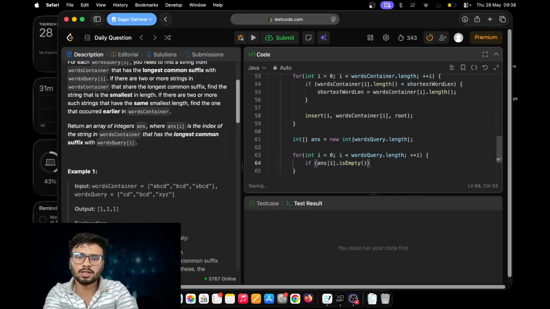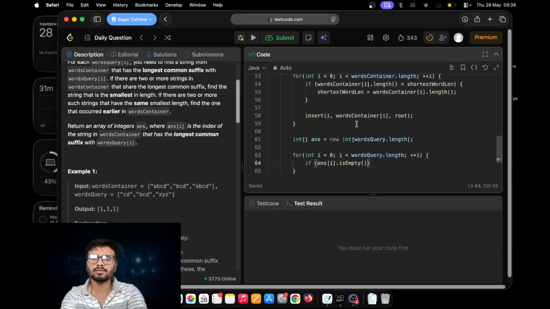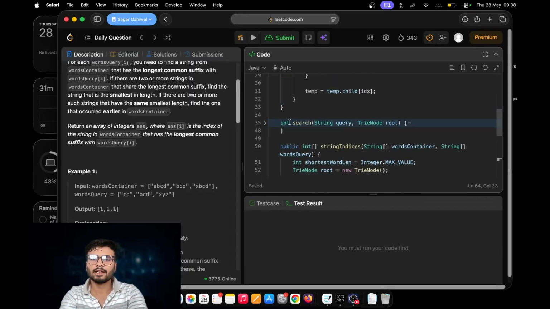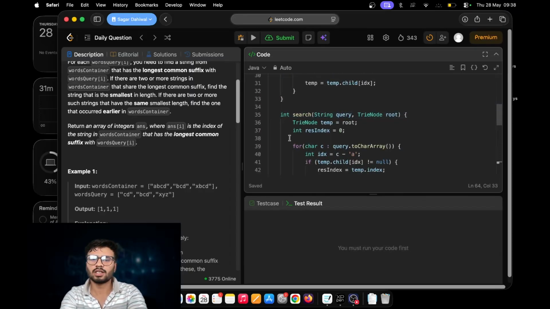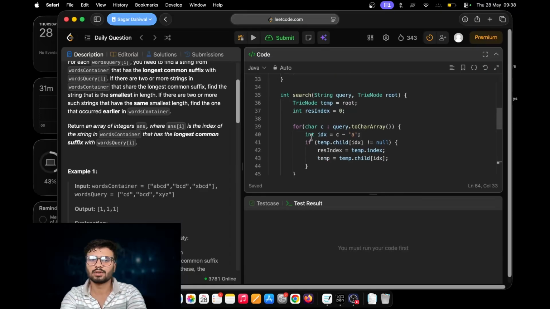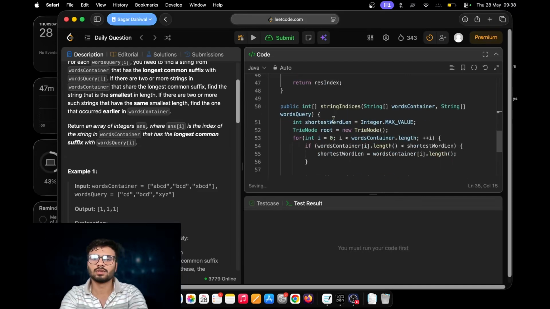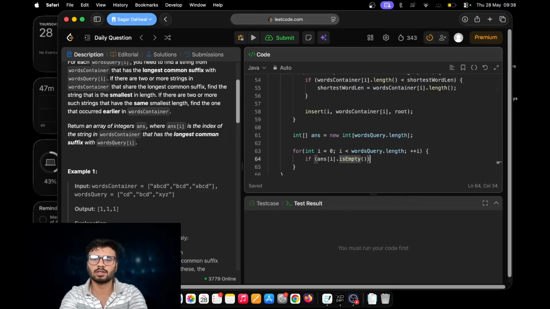Okay. And even though if it's not empty, this one goes here. Okay. So we should have -1. Okay. So instead of checking here, we can directly, if it's empty,